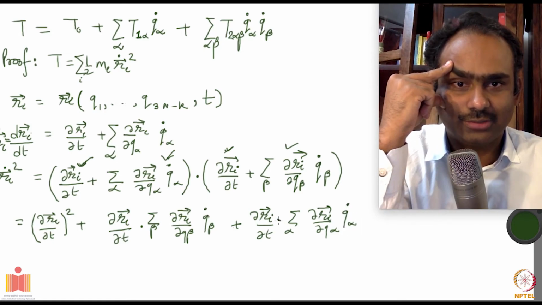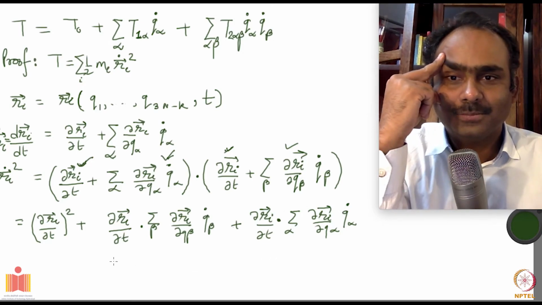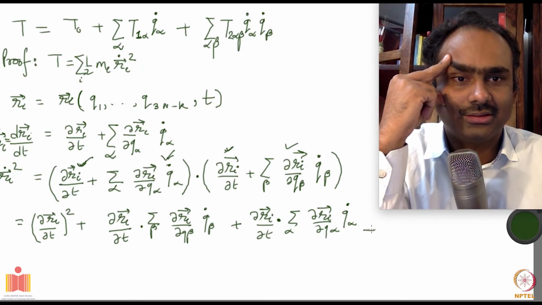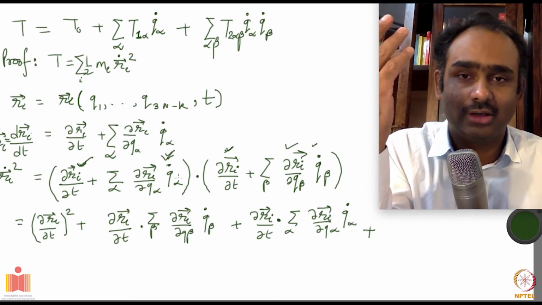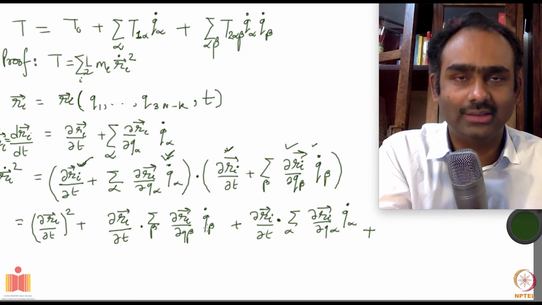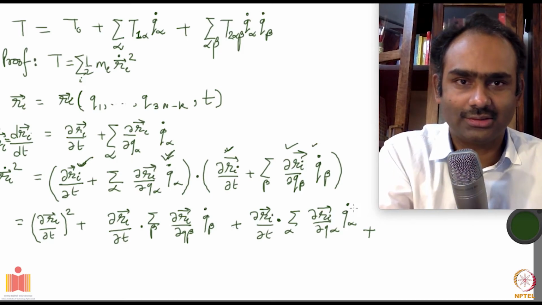Okay, this dot product is because of the two vectors here. That's good. And then you have one more term, the product of these two. These two will give you a term which is quadratic in the velocities. These ones are generating terms which are linear in velocity. There is only one velocity involved here.